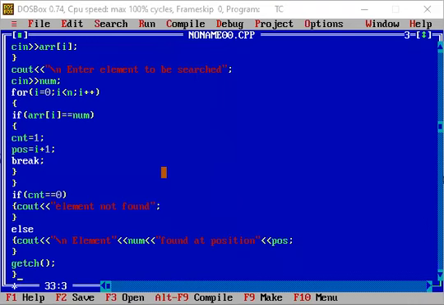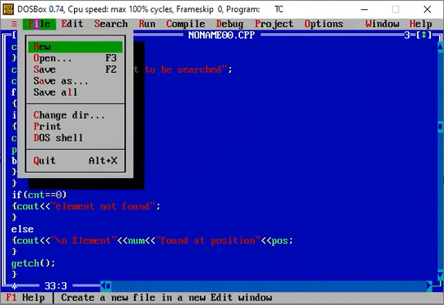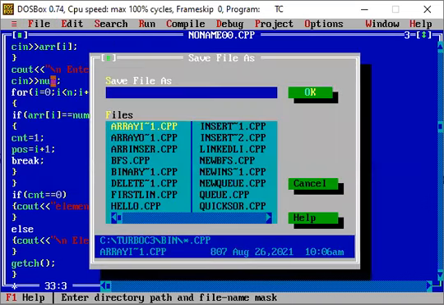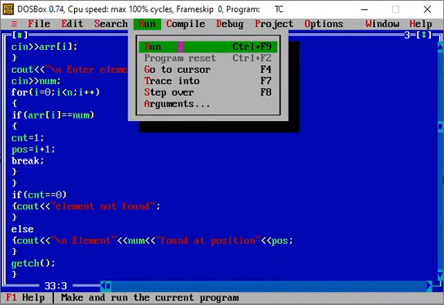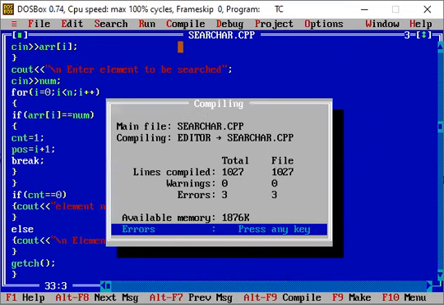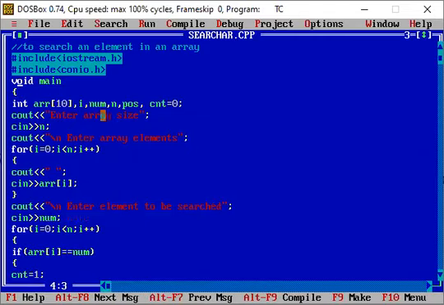Fine. So let's run this program. First of all, I just save. I can write like this, search. And now I will run this part. Some errors are there. Oh, the semicolon is missing over here.